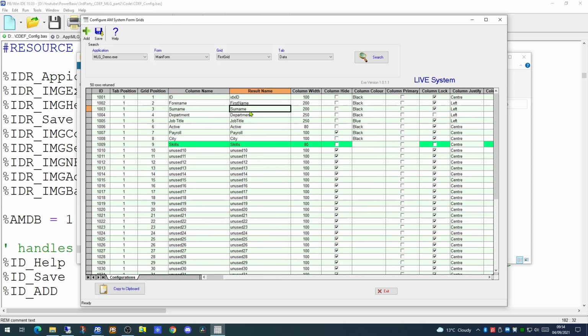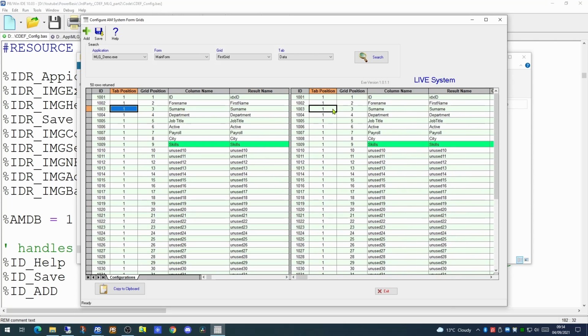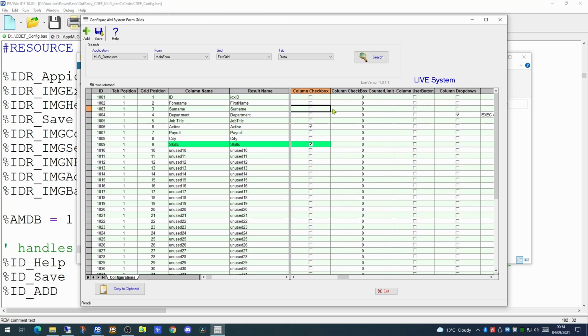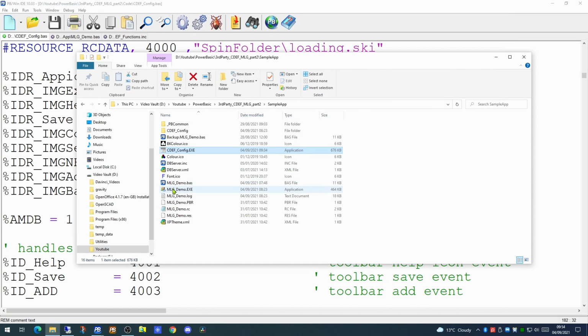Secondly, we're going to allow our user to click on the surname field and display a drill down box. This can be quite easily done by setting one of the other configuration options. So for our surname field, if we scroll to the right, we will see there is a column user button tick box. If we tick that, and if we save our changes, and then we go into our application,